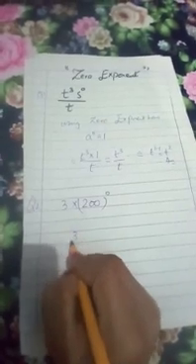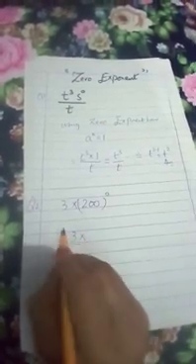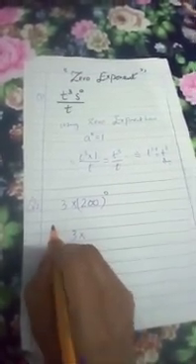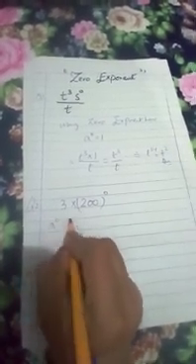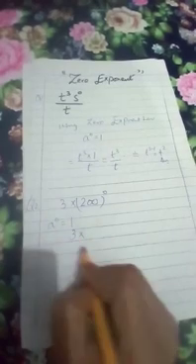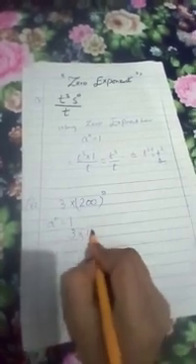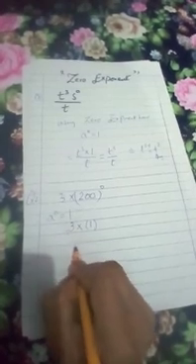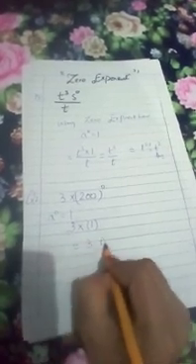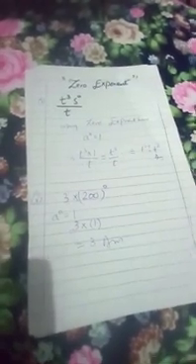If we have question number 2 like that, then how will we do it? Before starting the question, we will use the zero exponent. That is a^0 is equal to 1. Here we will write 1 according to the law. 3 ones are 3. That is your answer of zero exponent.